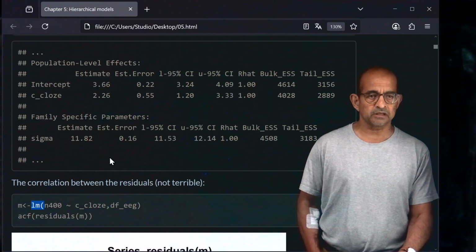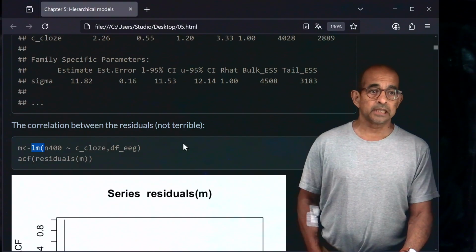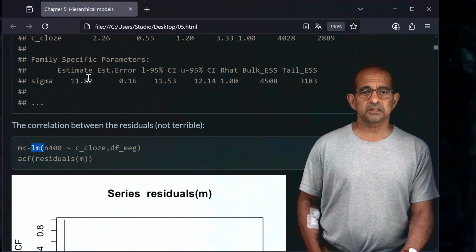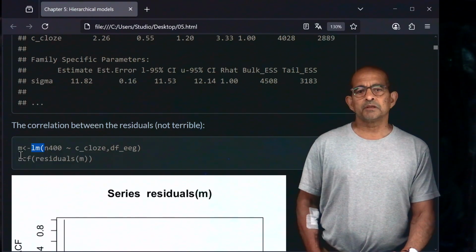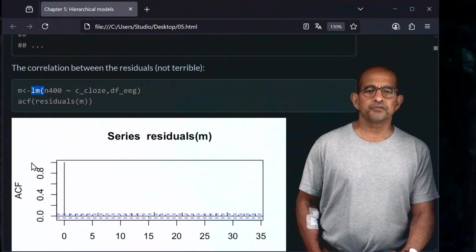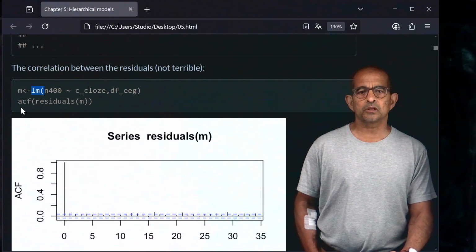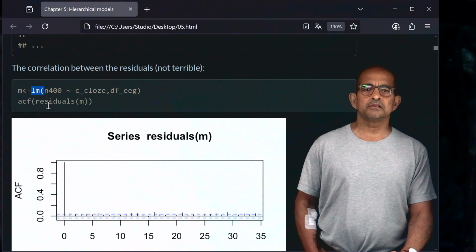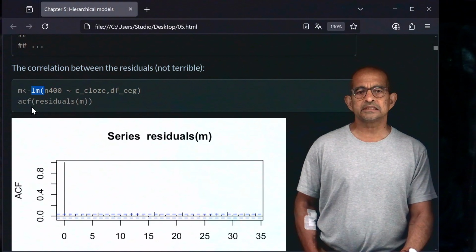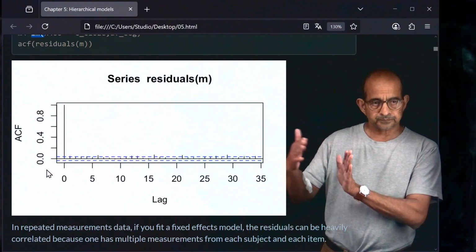Okay, so there won't be much difference because we have a lot of data, relatively speaking, and so the likelihood is going to dominate. So the maximum likelihood estimates and these estimates are going to be pretty similar. But what I wanted to show you that's really important to understand from the frequentist perspective is that you can actually extract the residuals from the frequentist model. And once I've extracted the residuals, I can look at the autocorrelation function, which tells me the correlation between the